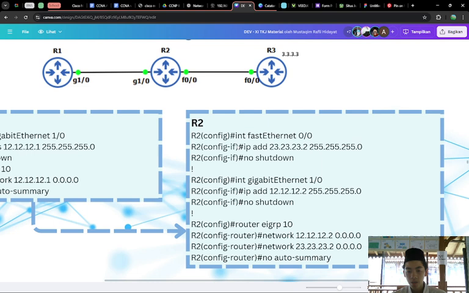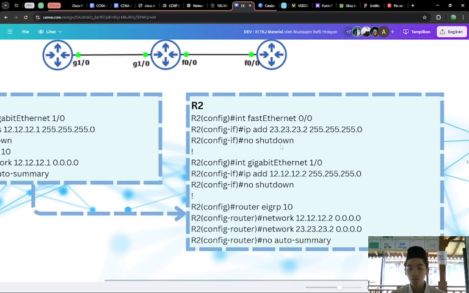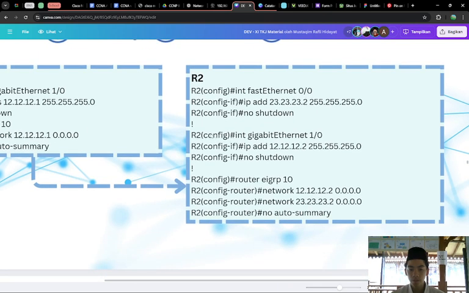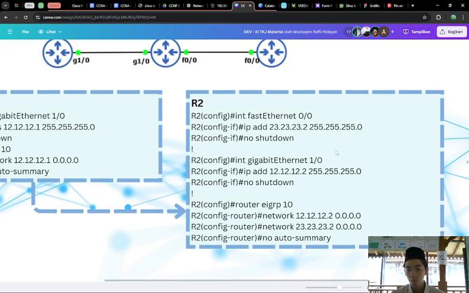Here there is interface FastEthernet 0/0, this is router 2 to router 3, and you can add the IP address 23.23.23.2, and then no shutdown to activate. Then this interface GigabitEthernet 1/0, with IP address 12.12.12.2 and the subnet mask, and then no shutdown to activate, and then router EIGRP 10.